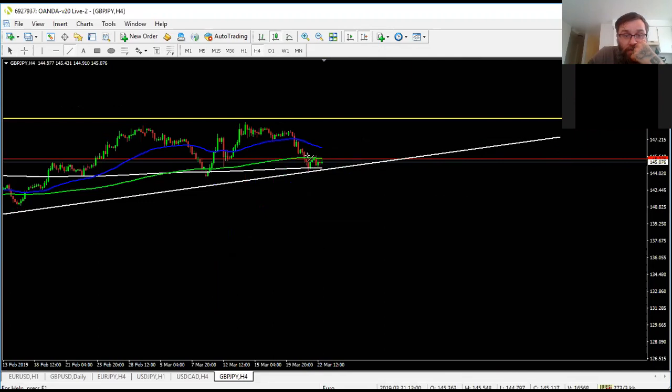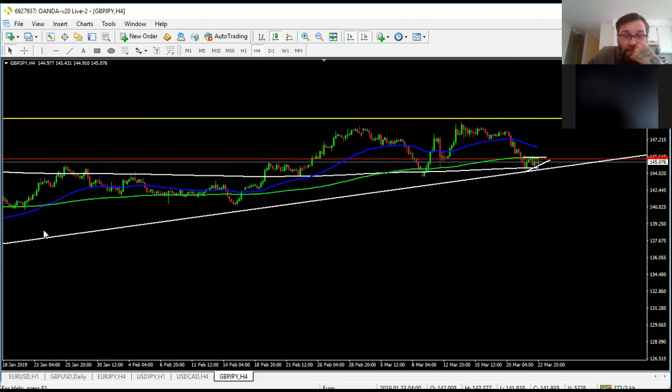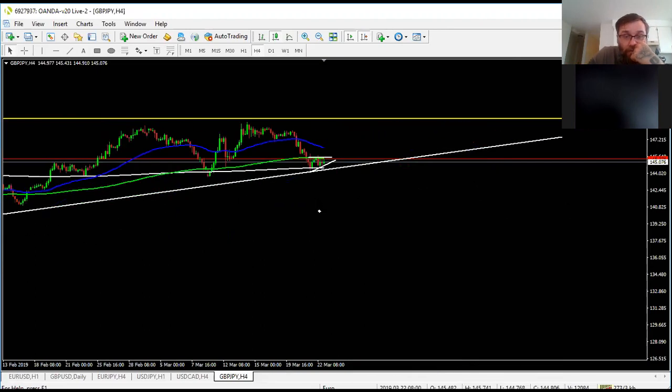If this pair breaks above this flag that it's created, this is an ascending wedge. So this is an ascending triangle. So what I'll be looking for is this. If it closes above this area, I'll be looking for a retest to the upside, depending on how it breaks. My heart is telling me, because of these patterns, which is an ascending wedge and also an ascending triangle, which is also an ascending wedge in a sense,